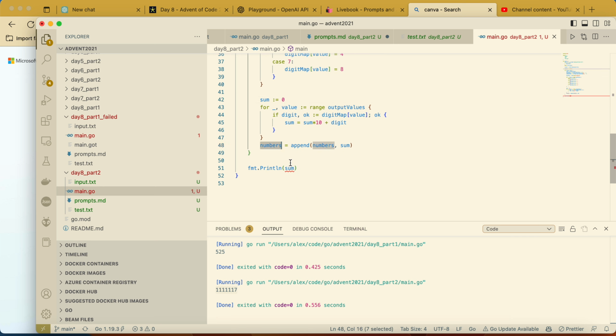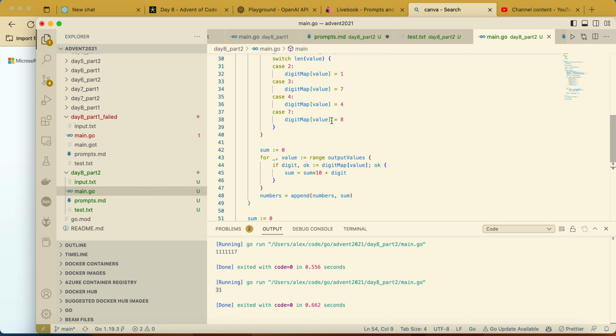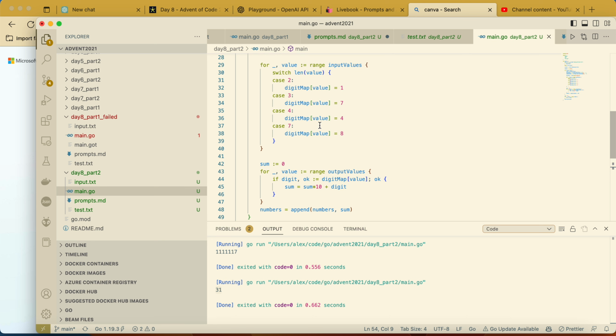Here in numbers, actually what we want to do is to have our favorite sum and simply sum up the numbers, and we're getting 31 so far, which is not correct, but that's expected because